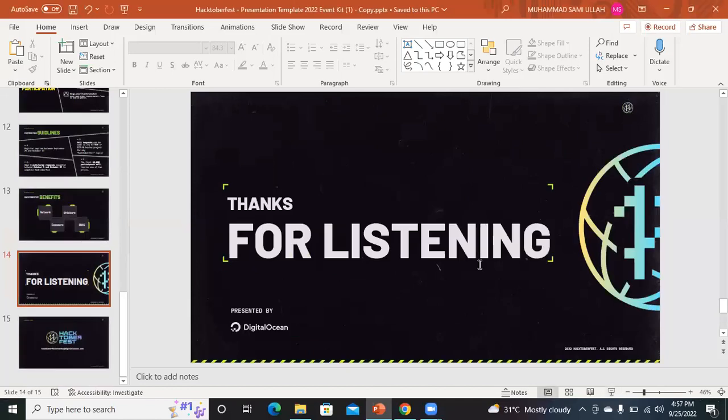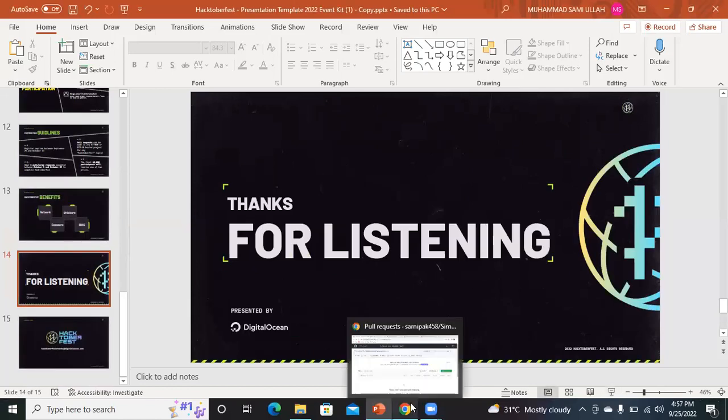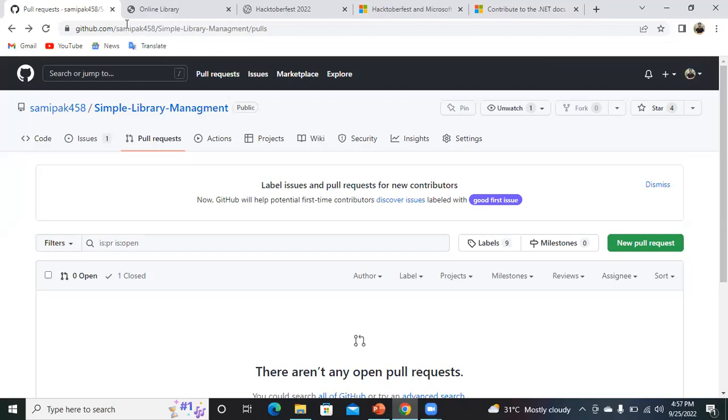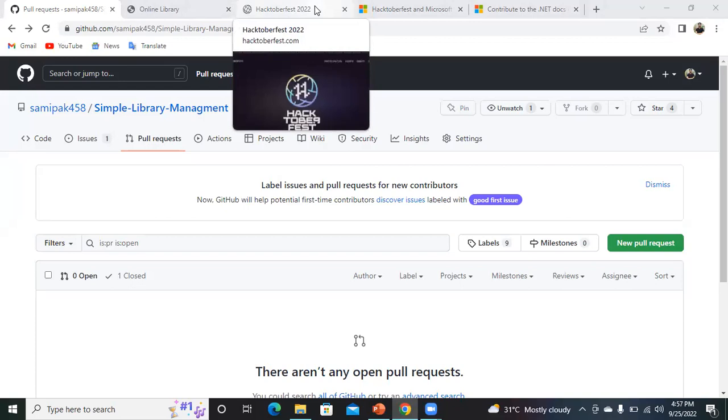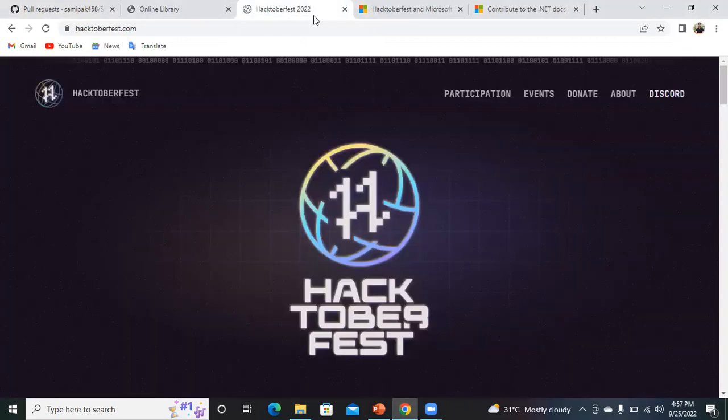Okay, one minute, I forgot one thing to show you guys. I already opened the Hacktoberfest website. We will go through it, which will help you in the registering process. When you go to hacktoberfest.com, you will see the website like this.